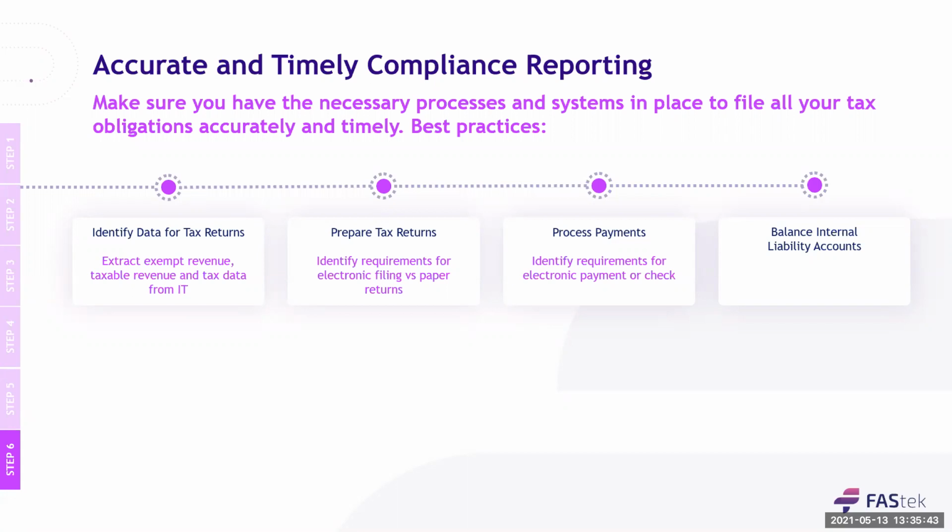Now it's time to process your payments, right? State and localities may mandate ACH payment. They don't want to see a check. It could be an ACH debit, where I'm allowing the jurisdiction to come in and take money from our account, or maybe ACH credit, which a lot of companies prefer to do. They want to send the money to the jurisdiction. They don't want the jurisdiction coming in and taking money from the checking account. Can't blame them, right?